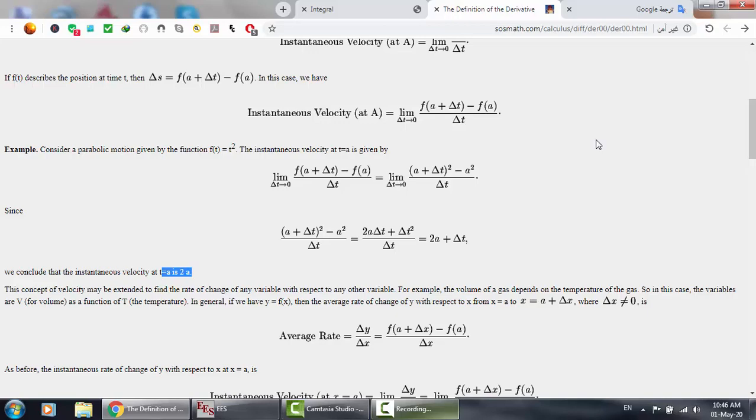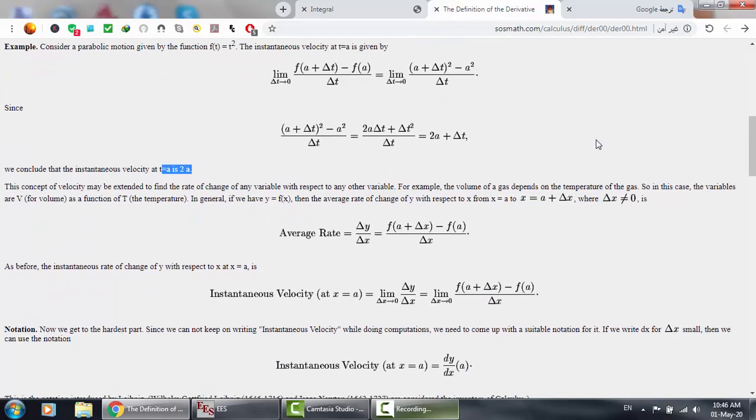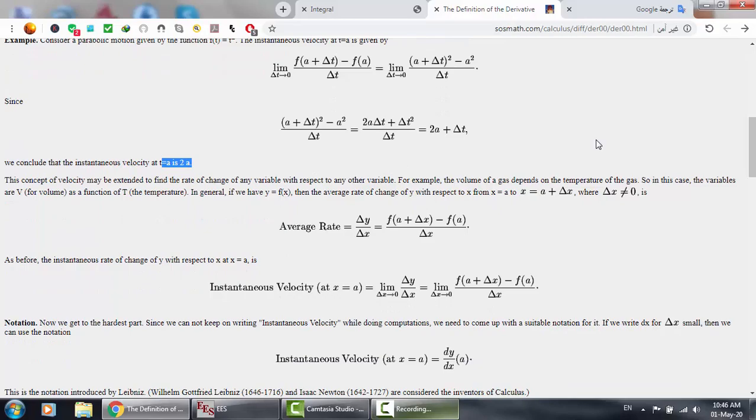So this is the rate of change. And the rate of change of the velocity with time is the acceleration. The car is accelerating. Okay, so the average rate is delta y by delta x,